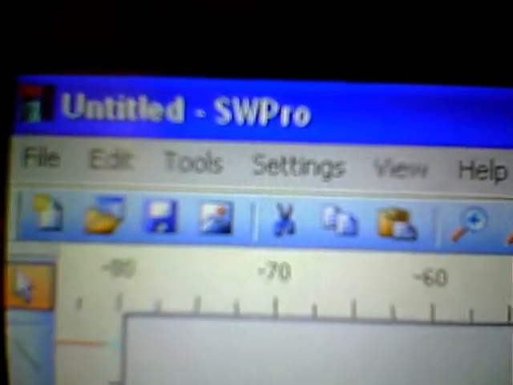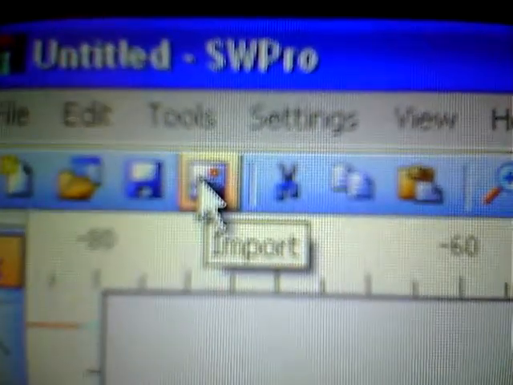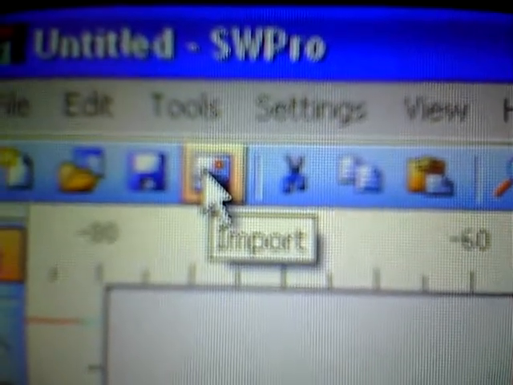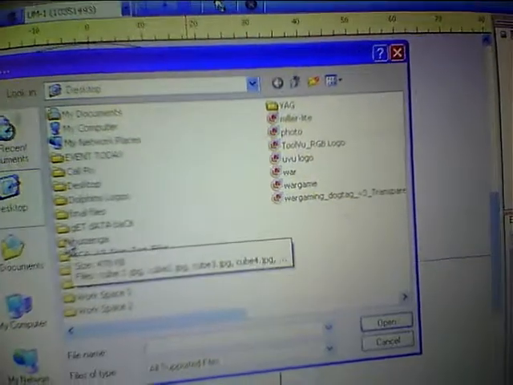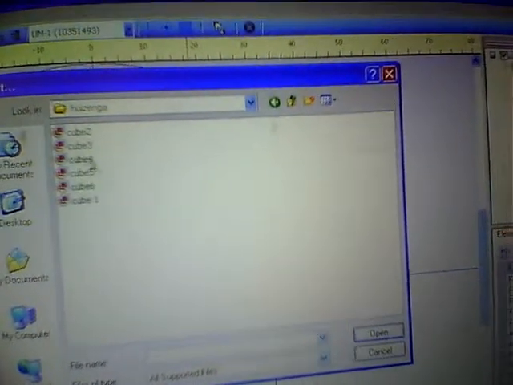Once the images are on the desktop, you go to the toolbar where it says import, and you click on import, and then using standard Windows protocol, you find the folder, find the image. In this case, I'm going to grab an image from this folder,